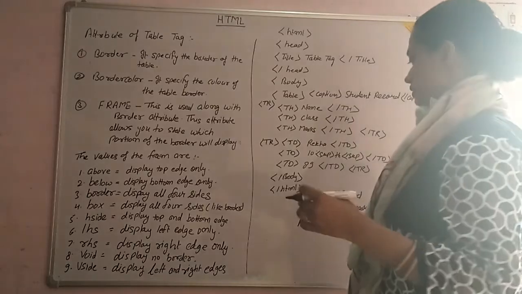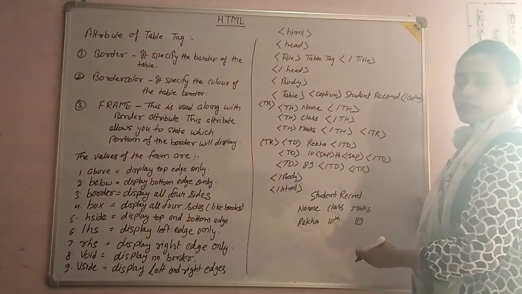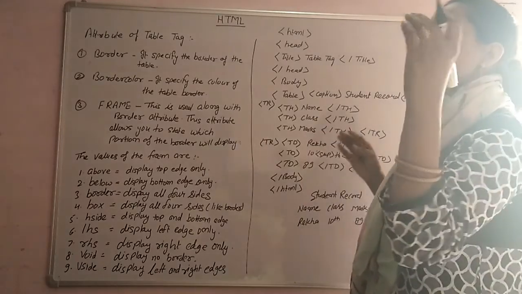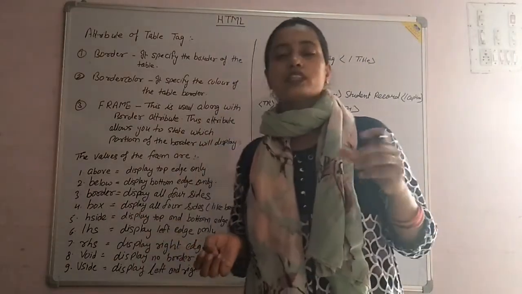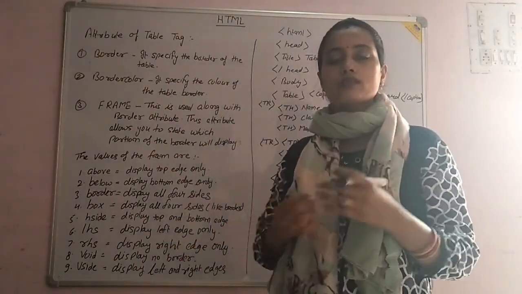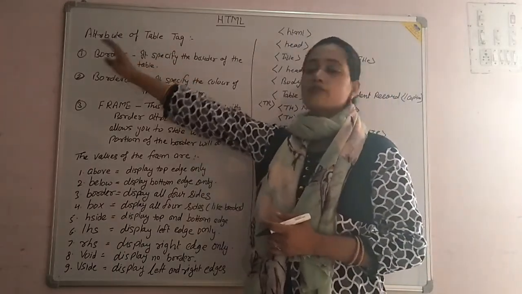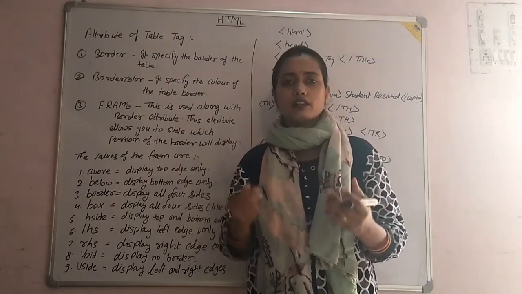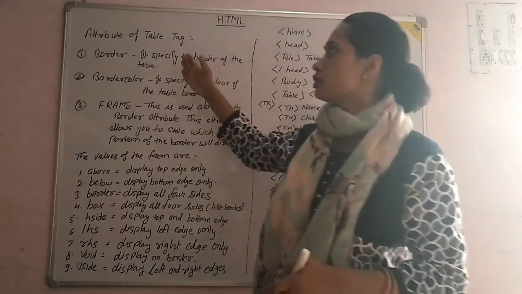So we can see we don't have a border on this table, but we always suppose when we are making a table, there should be a border in between row and column. So for this we have some attributes of the table, like we have an attribute that is border. So today we will understand these attributes very clearly.